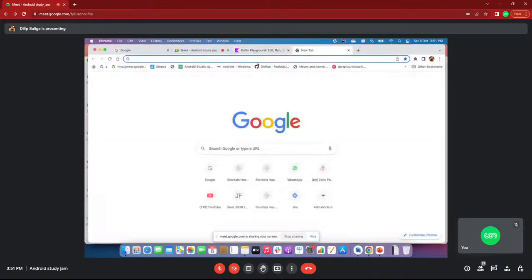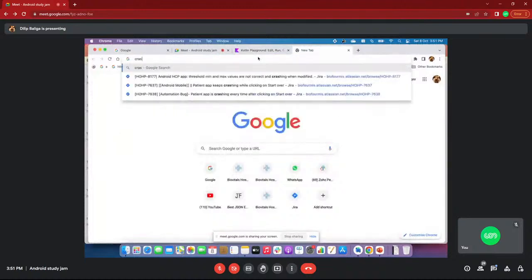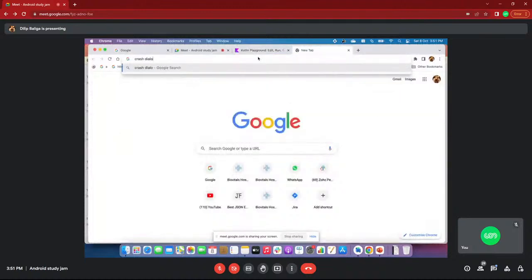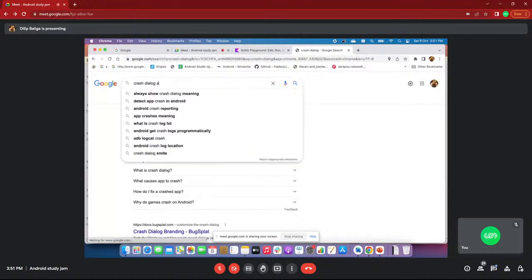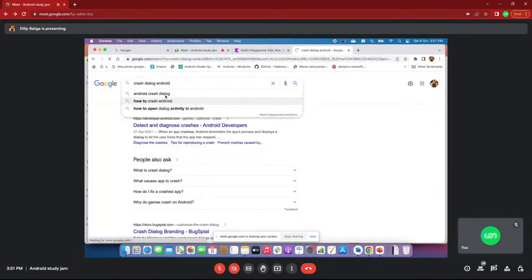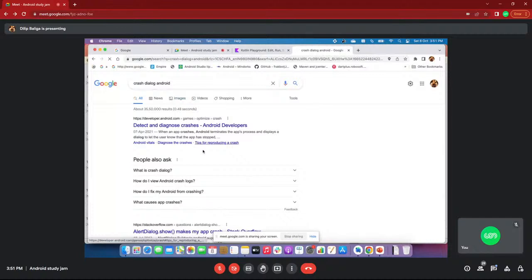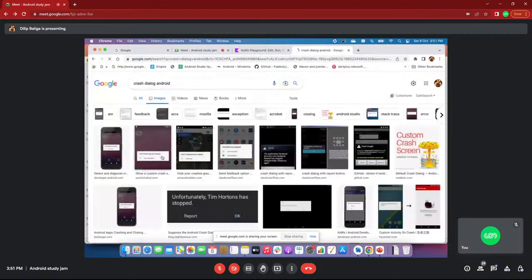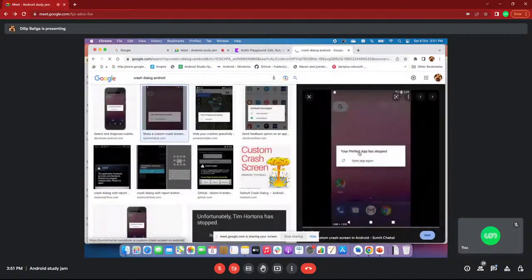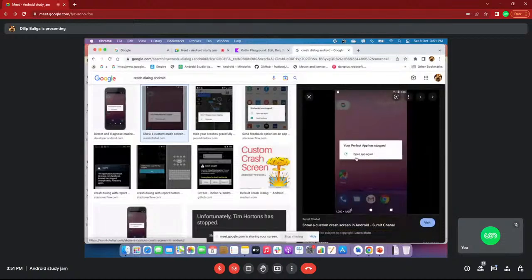You saw a crash dialog in Android, saying your app has stopped and open again, something like that. I think all of you know that, correct?